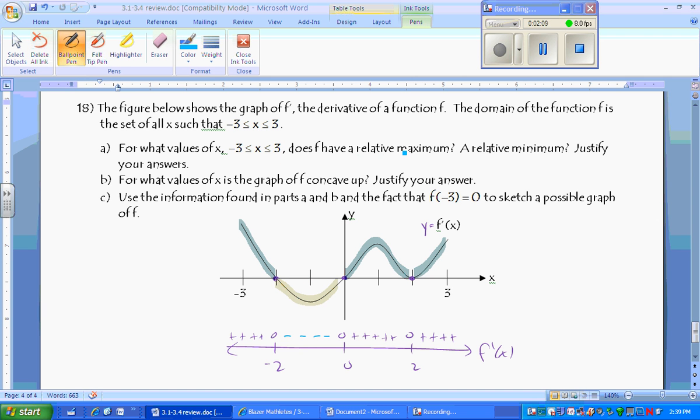So relative maximum occurs when it changes from positive to negative. So that would be at -2. Relative minimum changes from negative to positive. So that would be when x is equal to 0. So we have to justify our answers. So we have a relative max